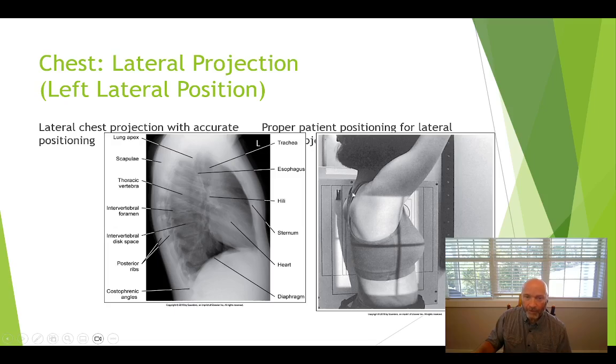Even if you position properly, the humerus and soft tissue of the humerus, you just don't see the apex of the lung. But also, the posterior costophrenic angle is so much lower on the lateral,